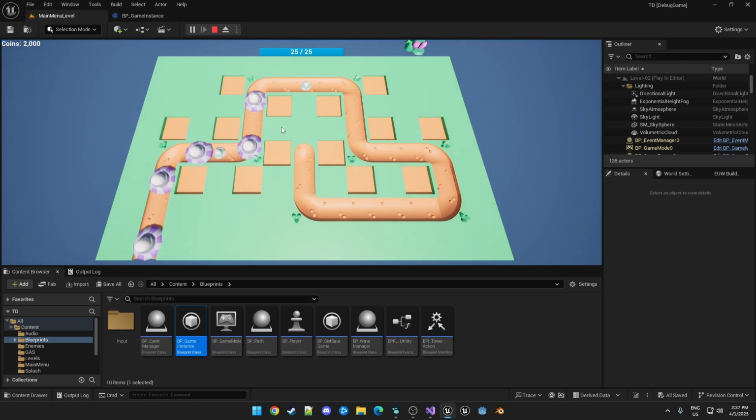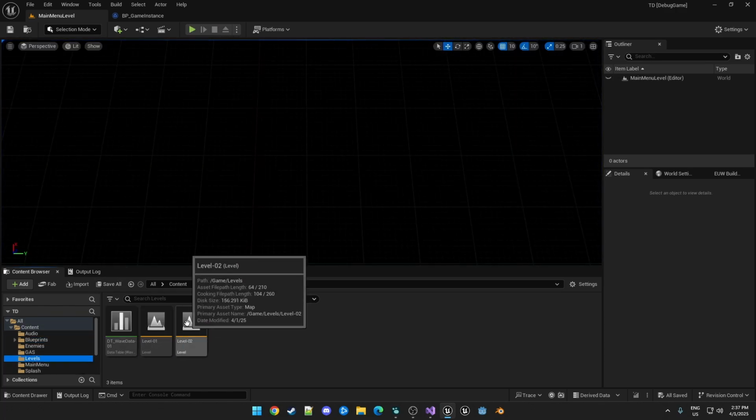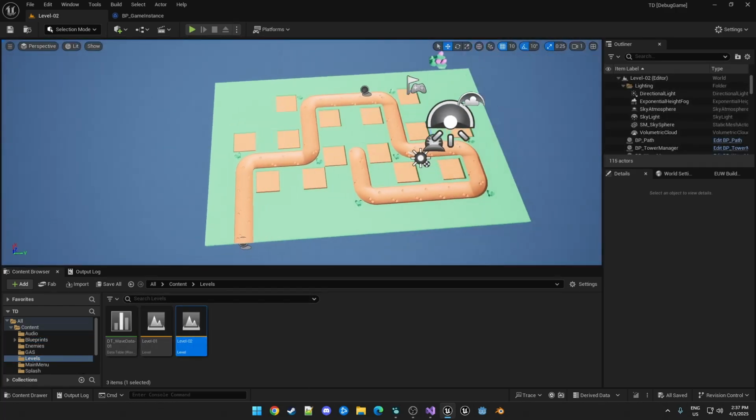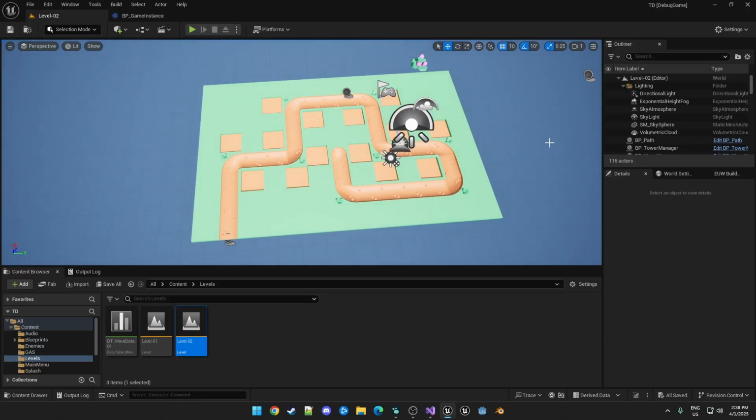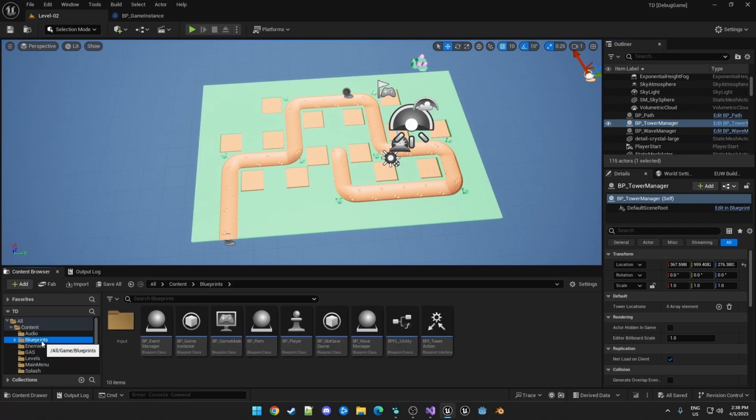We can't currently set towers. If we go back into our level 2, so originally the way this is we have our tower manager here. We can add all the tower locations for all the dirt spots. However, now that we have a better understanding of all that stuff, let's also make it work in Blueprint. So in our tower manager,